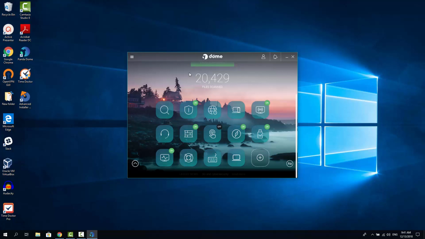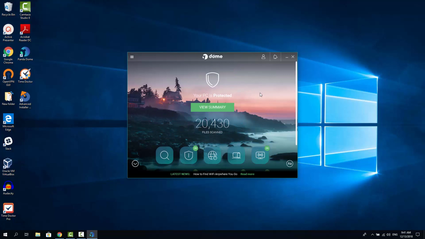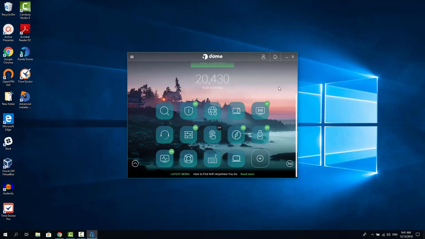Panda Dome Essential is using 3 levels of protection. Heuristic engine watches the running process's behavior and uploads suspicious files to a cloud server to perform deep analysis to make sure you're not getting infected with a new threat. So overall, it's a medium level protection antivirus solution, and it's worth looking into,